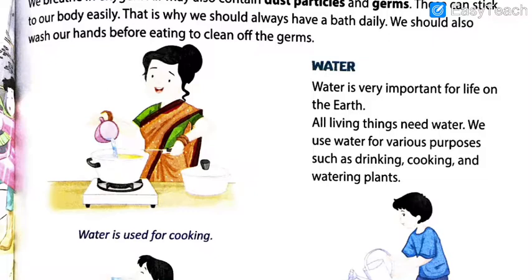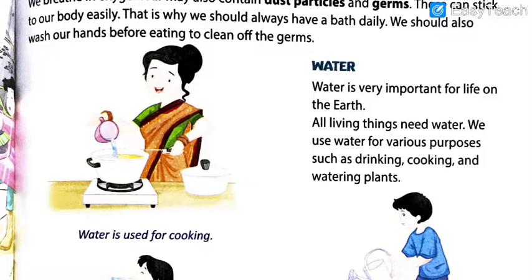So this is what was written here, and I hope by looking at this image it is very clear in your mind that when you look at your hands it looks like this, but actually it is like this if you look through the microscope. So wash your hands, it is a good habit, especially before eating, otherwise you will put the germs inside your stomach along with the food.